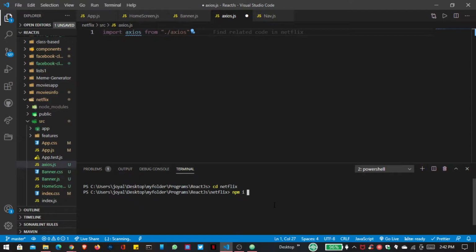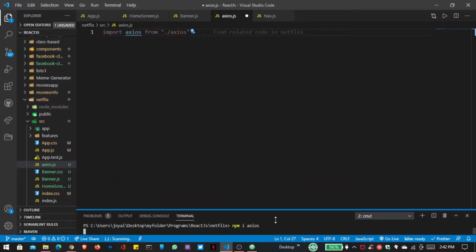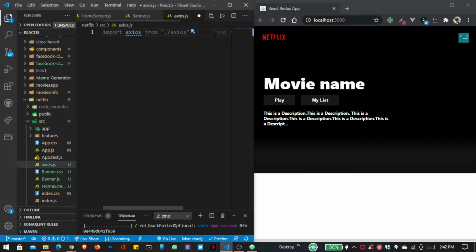So I write here Axios and press enter. After this, I want to create the instance. So axios.create,